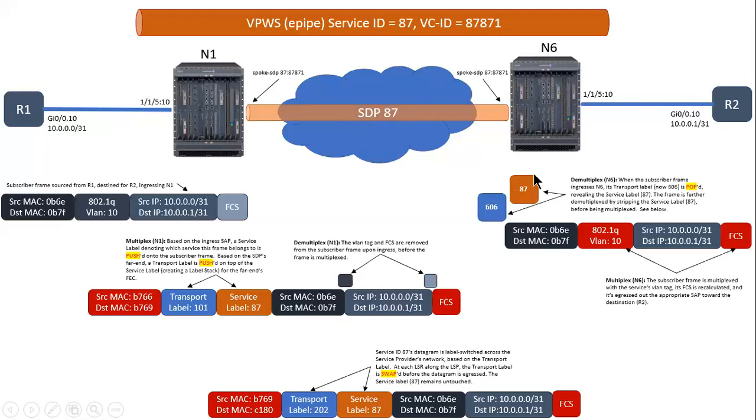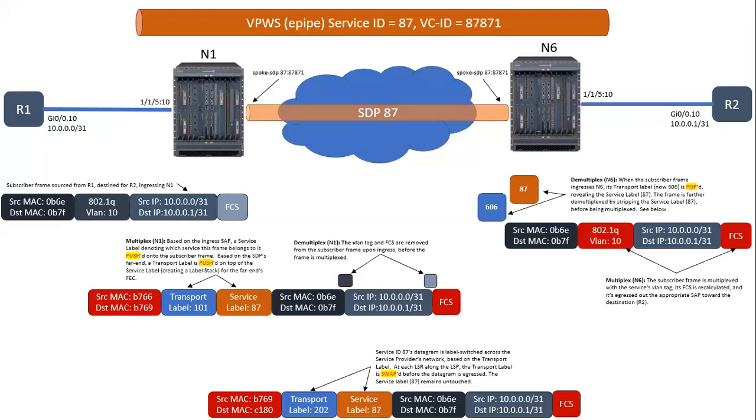Router N6 examines the service label of 87, pops it off, and does the following. The subscriber frame is multiplexed with the service's VLAN tag. Its FCS, or frame check sequence, is recalculated, and it's egressed out the appropriate SAP toward the destination, which is R2. So once N6 demultiplexes this subscriber frame, and by demultiplexing, we mean not only popping the transport label, but also popping the service label, it then remultiplexes